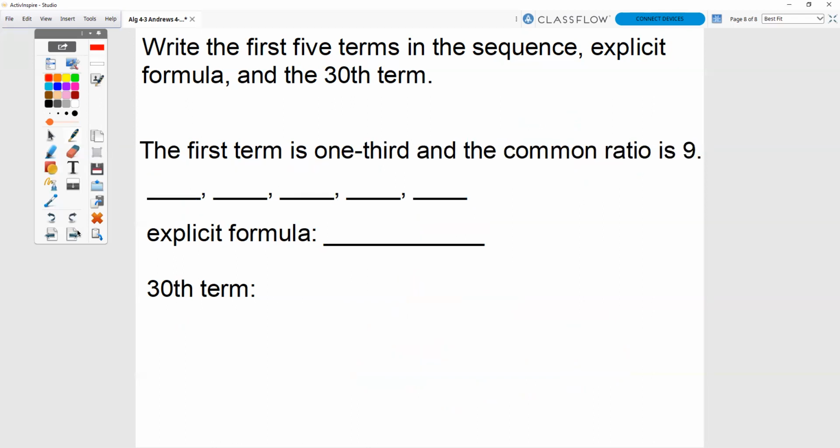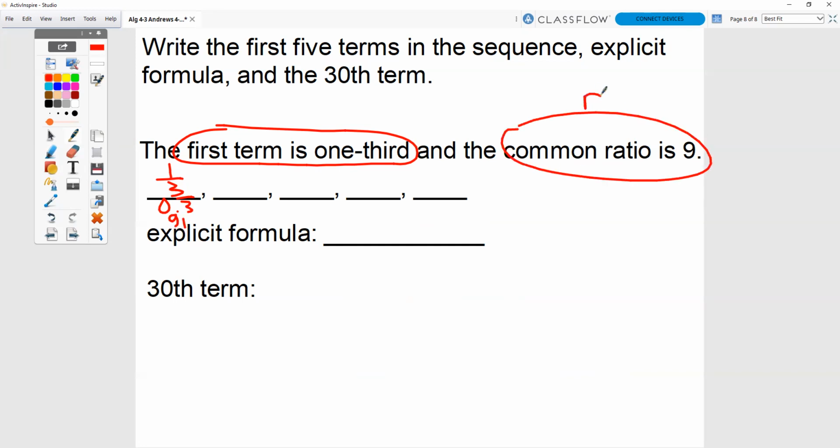Write the first 5 terms in the sequence, the explicit formula, and the 30th term. The first term is 1/3. So it's 1/3, or you could use 0.3 repeating. All right, so this is your G sub 1. And the common ratio is 9. So R equals 9. That means we are multiplying by 9 each time. So times 9, so 0.3 times 9 is 3. Times 9 is 27. Times 9 is 243. Times 9 is